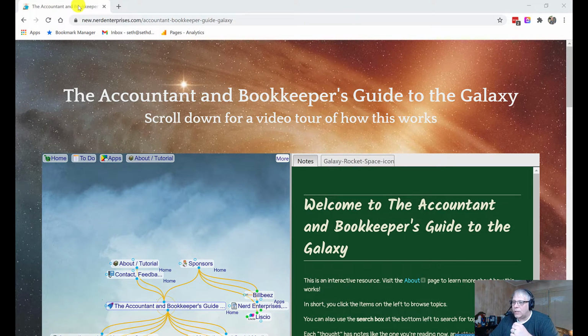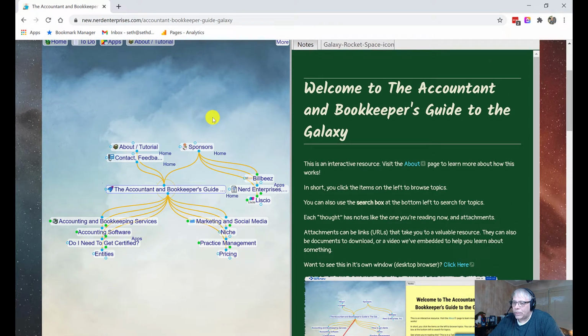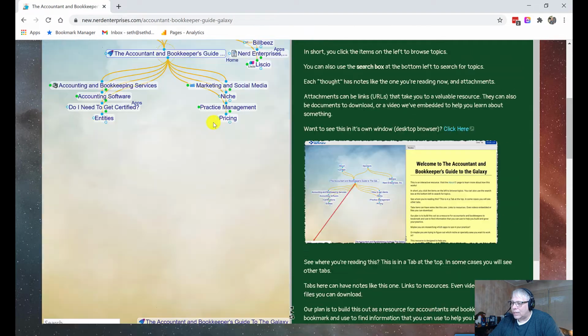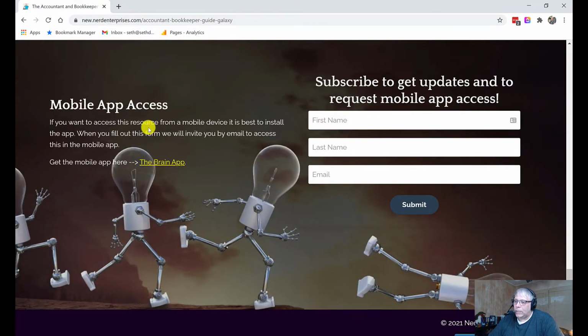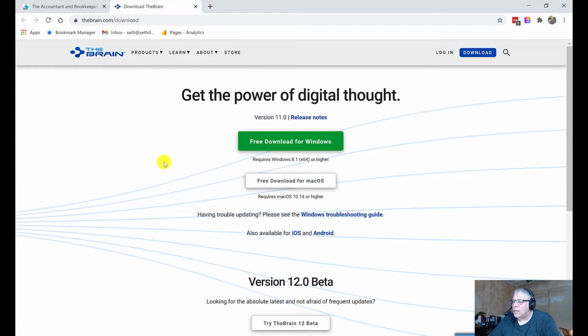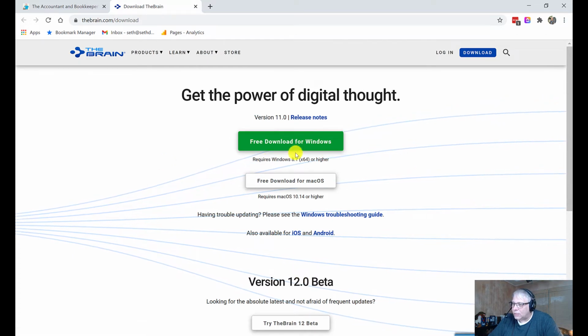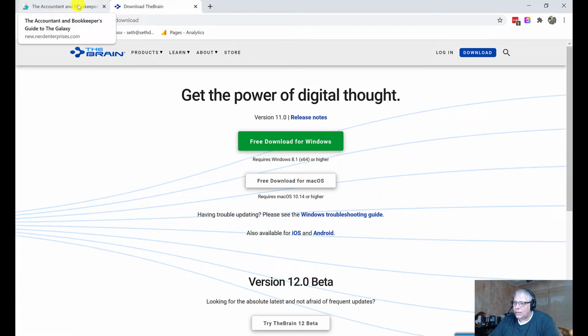If you're on the web page, by the way, and you're viewing this from a mobile browser, you will not see the resource embedded there. It renders horribly on a mobile browser. So I'm going to scroll down to the very bottom of this page and show you what I'd love you to do. First, you'll click here where it says the Brain app, and you can access the different apps. I would suggest mobile and desktop apps. In both cases, you'll get a much better experience in terms of browsing around this resource and accessing the information.